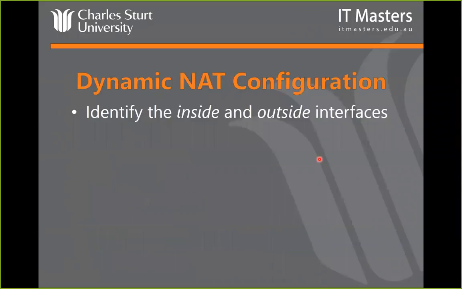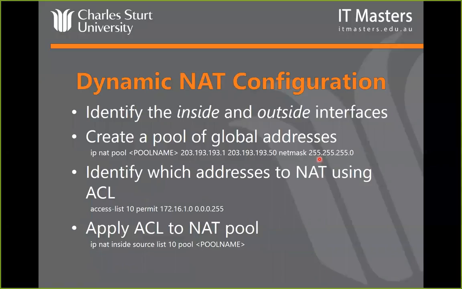If we look at dynamic NAT configuration, it's a little bit more involved. Static NAT configuration is fairly simple: inside, outside, static NAT statement, done. Piece of cake. But you've got to do that for every single address that you want to have a static translation for. For dynamic NAT translation, again, we identify inside and outside interfaces. So like we did before, FastEthernet 0/0, ip nat inside, ATM 0/0, ip nat outside.